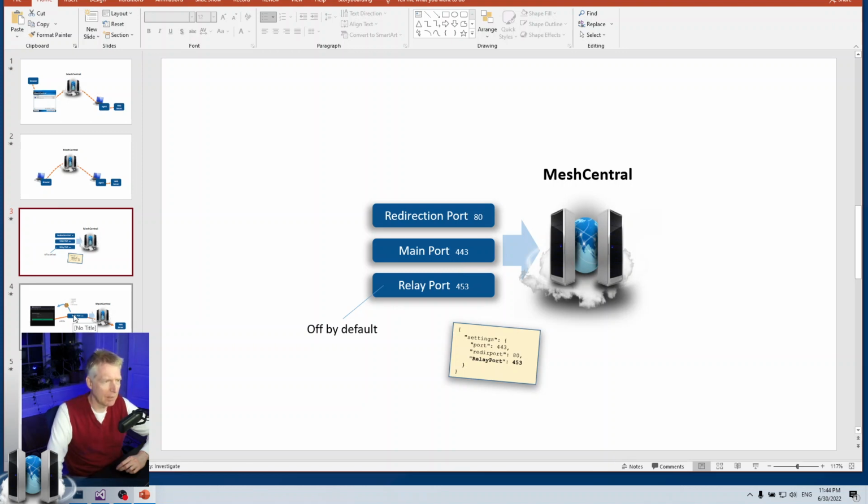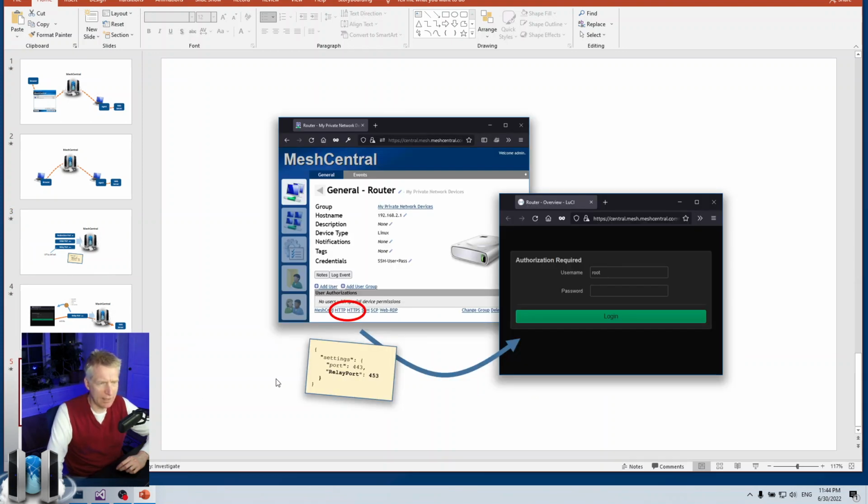Now what will happen is that, actually I'll skip to this slide here. What will happen is that you'll see new links in the device general tab of all the devices, or most devices. And it will say HTTP and HTTPS on these two links. And when you click on it, it will open a new tab in your browser, and you will see the web page of that device. So if you have an HTTP or an HTTPS server on that device that you're looking at on the screen, you can click on it, it will open a new tab, and you'll see the web page that is served by that device.